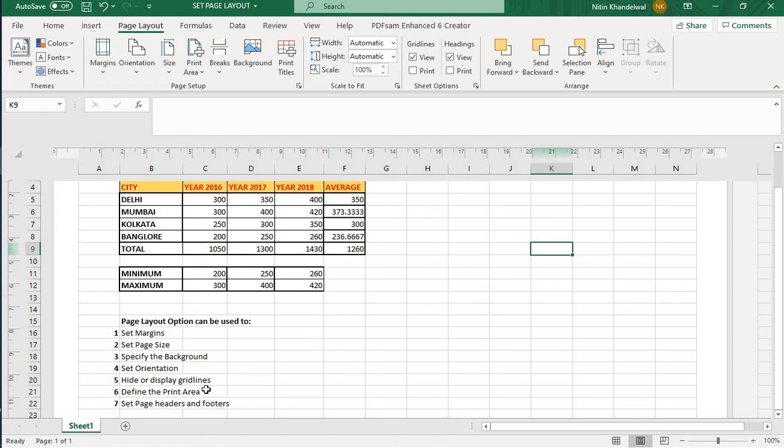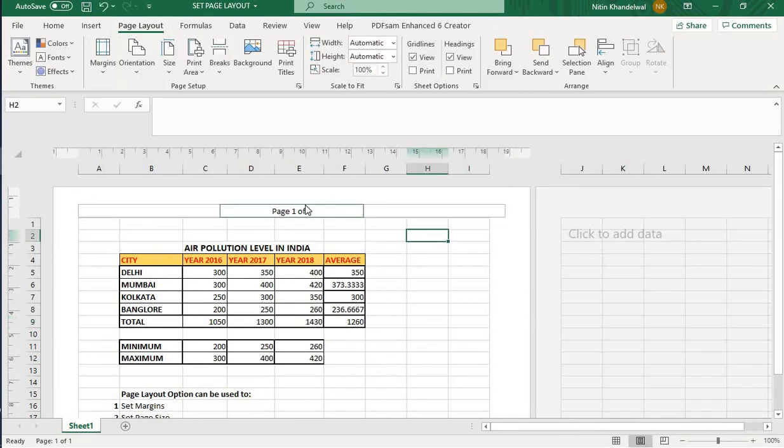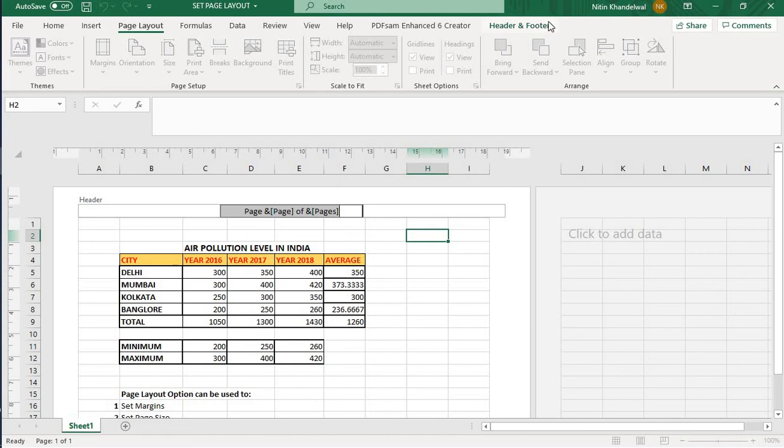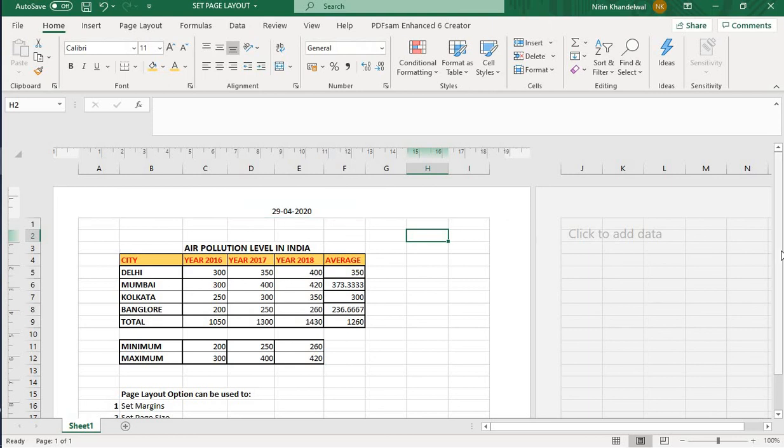Now the last option is set page header and footer. Now I am going to set this in portrait orientation. See, here the header option is there. I already set the page number in the header. Now I am selecting this one. See, the header and footer tab will appear. Click on this, and I want to add the current date in the header section. So what happened? See, here the current date will appear on every page of your sheet. This way you can add the footer also.